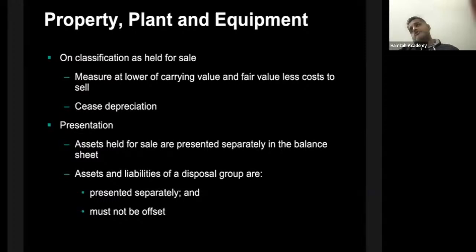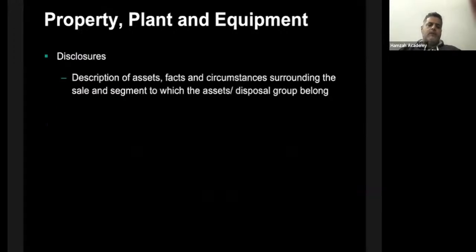Under the current assets, you will write down the asset held for sale, right? And then you will have the total assets over there. Now, obviously, if it's a disposal group for sale, then in that case, the assets and liabilities within this group should be separated and again shown separately from the other assets and liabilities in the statement of financial position. Done? Okay. And then, as far as the disclosures are concerned, obviously the additional disclosures are given in the notes